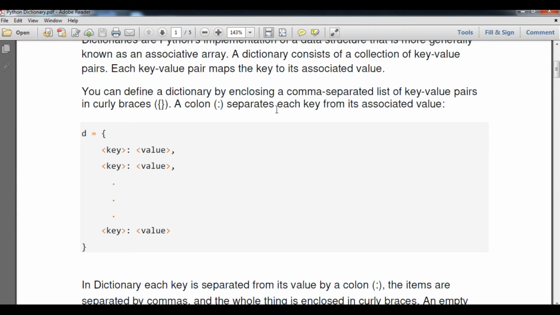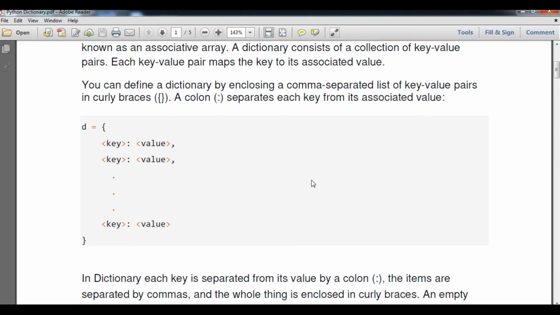As you remember, in a list we create it with square brackets, in a tuple with round braces, but a dictionary is created with the help of curly braces, which contain keys and values separated by commas. This key and value are considered a single element in the dictionary, and every element is separated by a comma.